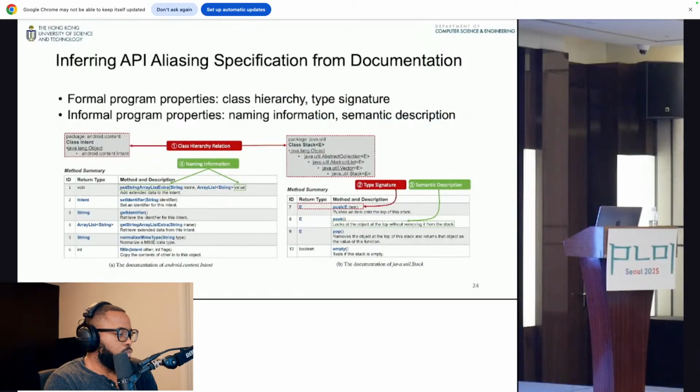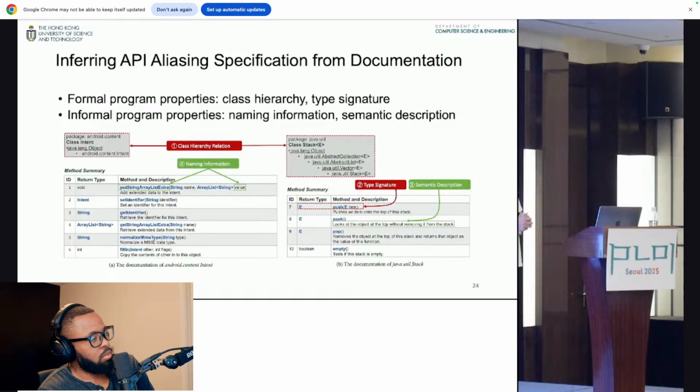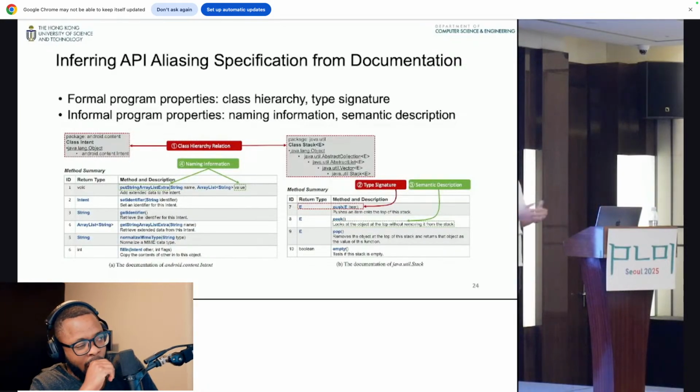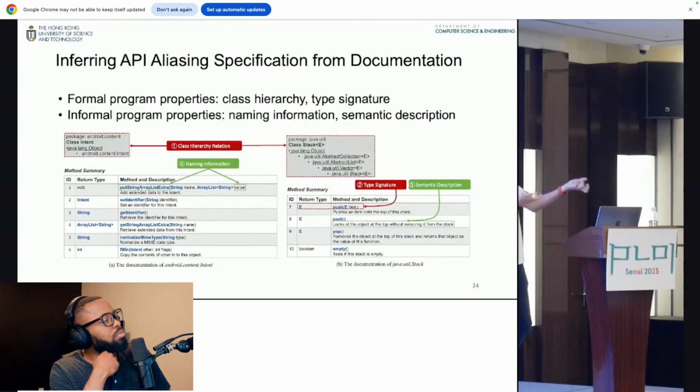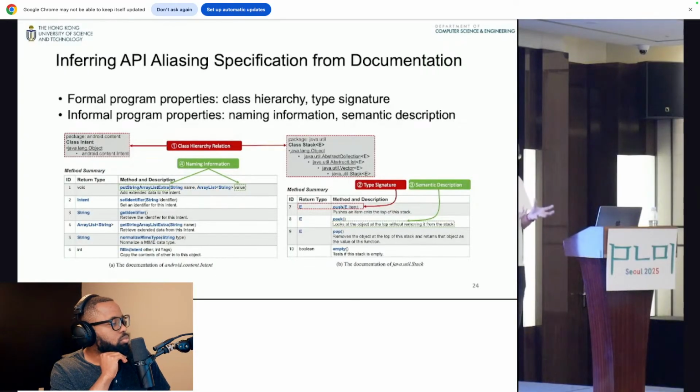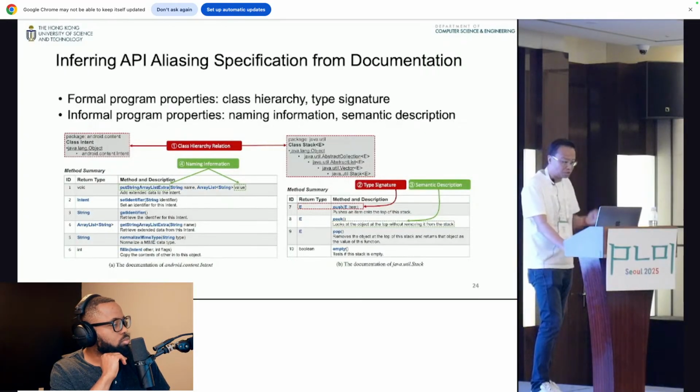So our intuition is that for certain kinds of API pairs that come with the containers, as a human, we can quite easily deduce that certain things are aliases. So for example, push and pop. When you push something, then you pop, you know that very likely, when you push something and pop immediately, that's a trivial case, but you know that these two things are obvious aliases. Otherwise, it would be very difficult for static analysis to give you that conclusion. It's very easy for a human to deduce that.